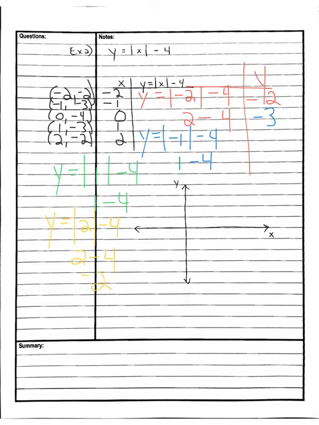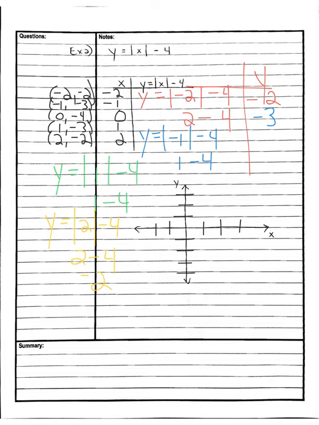So that would have been a negative 2. 2 minus 4, negative 2. So these are our 5 points. And yeah, you need to show your work. We need to plug them in. We need to make sure we do our math correctly. And so if each of my hash marks here stand for one space or one value,